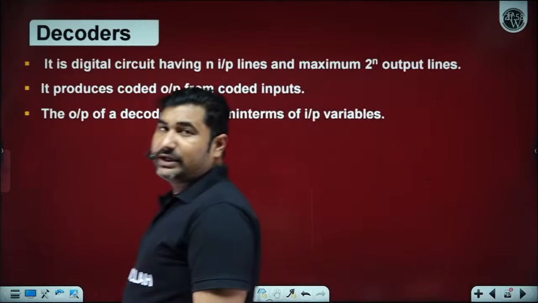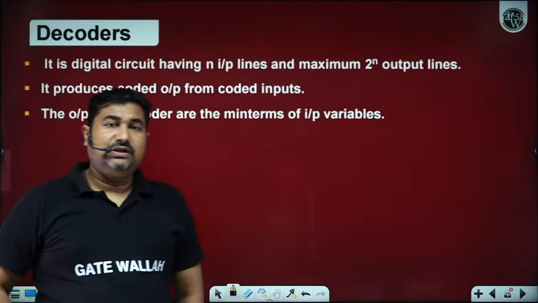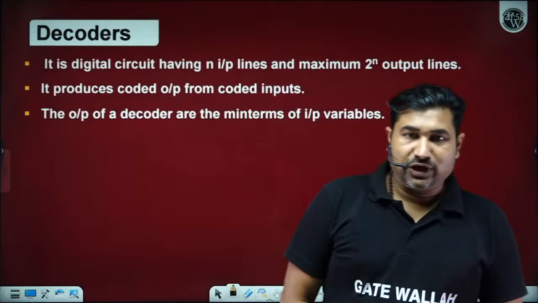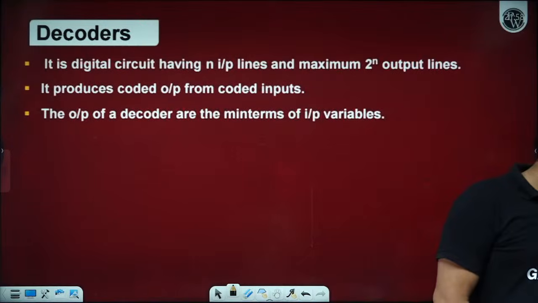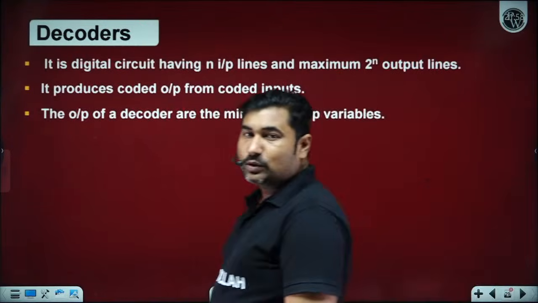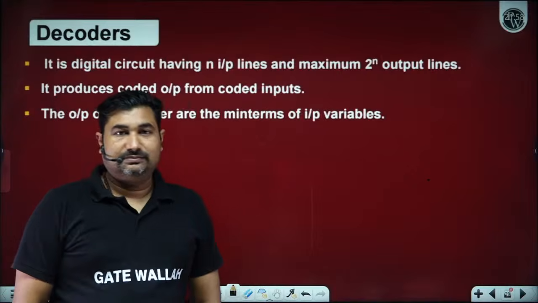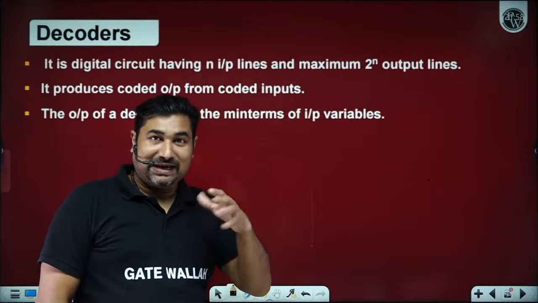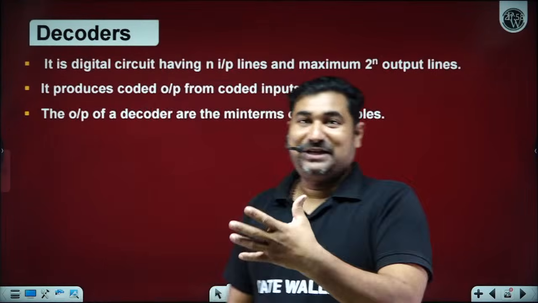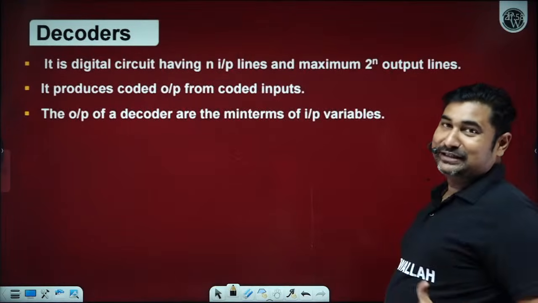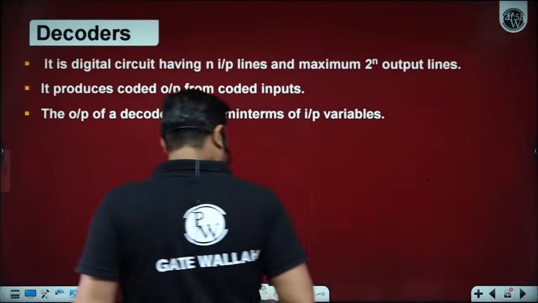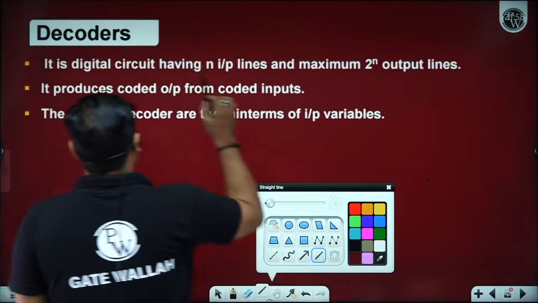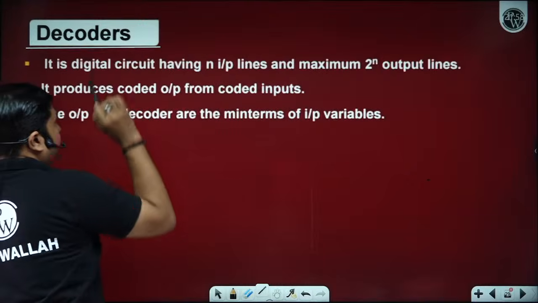Now please write down decoders. Have you enjoyed, Thakur? Great. Now please write down decoders. Beta ji, sometimes it happens. And now my side of the work has increased because I have to rewrite everything again. So, no issue. I will provide you the notes. Let's come back to the decoders.